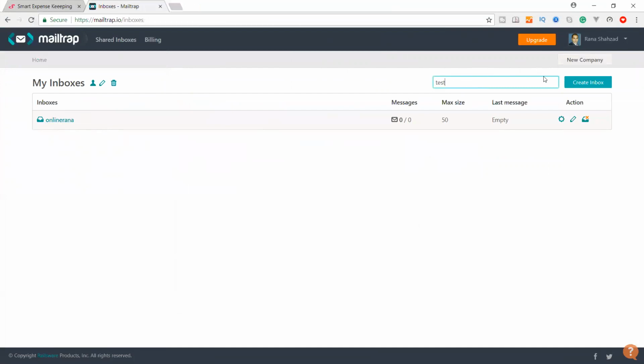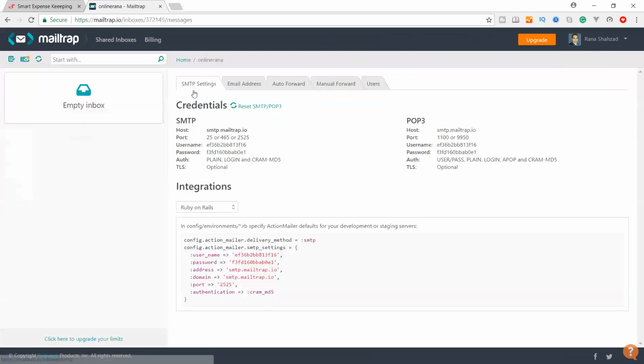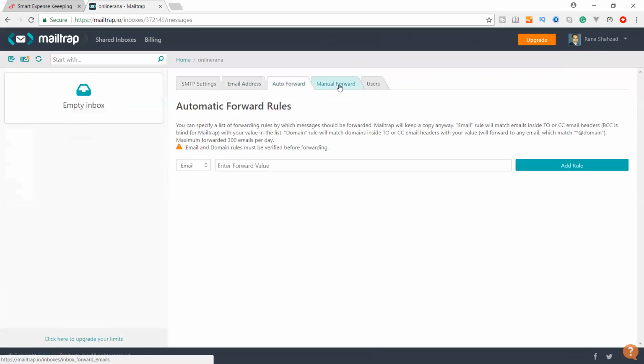This is the free plan, and in the free plan they only provide one inbox. If you go to premium, they will provide more than one. Create a test inbox, and the inbox will be created. When it is created, click on your inbox, and they will provide the SMTP settings and email address, with auto forward and manual forward.